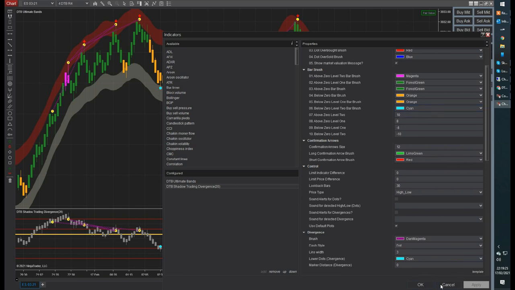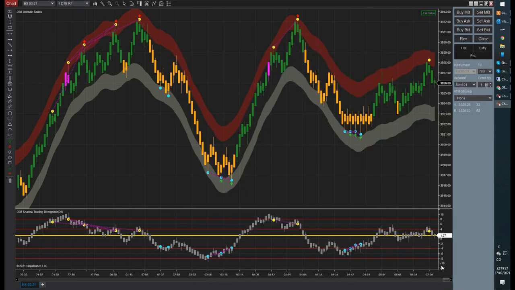If you look at the chart, these are the lines that determine it. When it goes over this top red line, it's above the second, and the second line at the bottom is below the second. That just shows you when price is